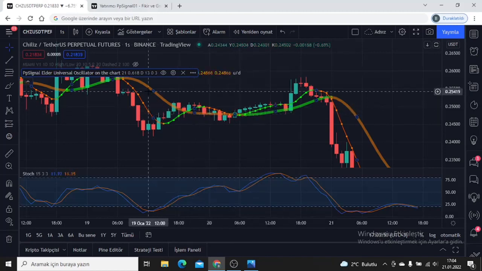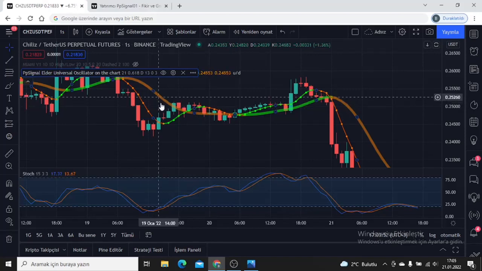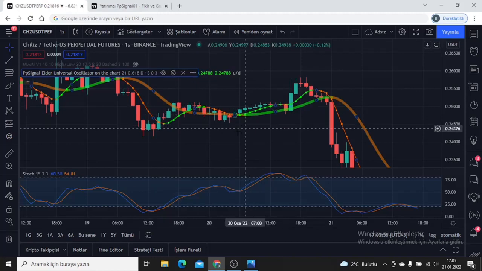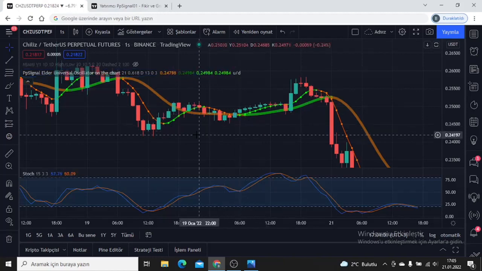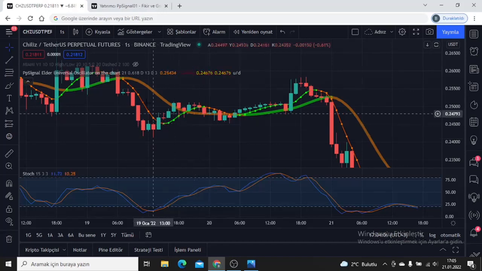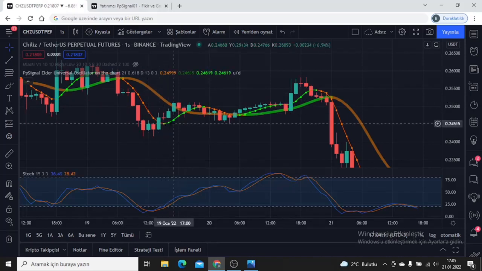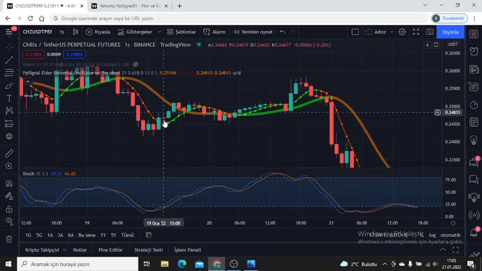It says it gives a sell signal when this line changes from green to mustard yellow. It's fine when we look at it. But you can actually check the two against each other by using it with the moving average. As you can see here, there is a simple moving average following UO. It is an SMA, which means that when the price jumps above the simple moving average, we can foresee the price will rise. But as I said, if you don't have technical knowledge,